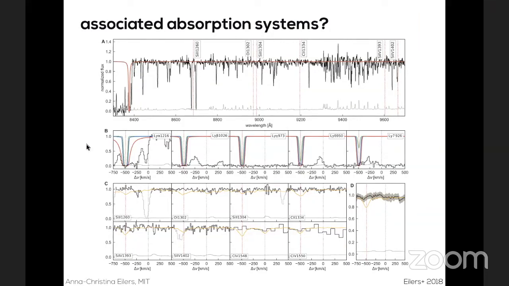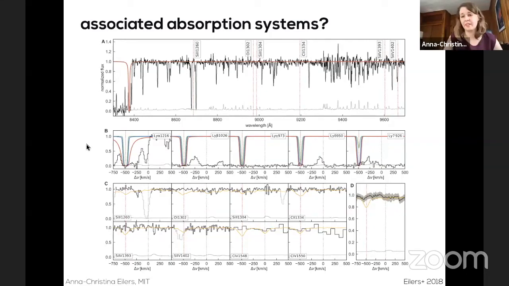All right, thanks. The next question came from Huan Qing. How are the ages of the individual redshift 3 quasars measured? At redshift 3, it's the helium-2 Lyman alpha forest. So we're looking at the, okay, helium-2.